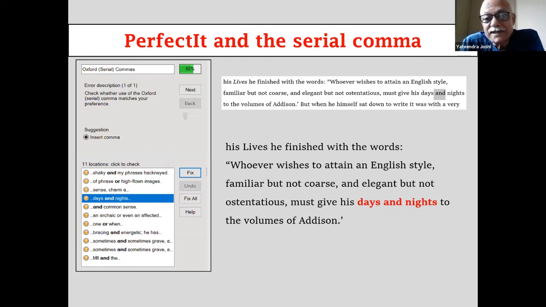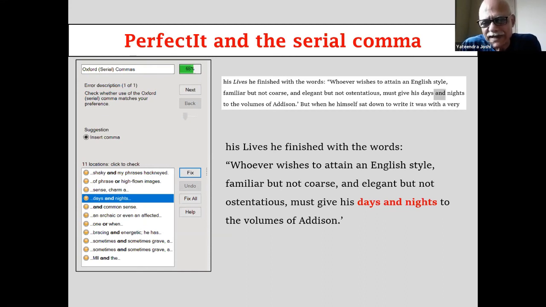Now, the serial comma, I said I will come back to it. This is something I find really very puzzling. Mostly I edit academic papers, and it would be a good device that in case I have left out the serial comma where I should have used it, Perfectit will catch it for me. But when I started using it, what I realized is that it is simply calling your attention. Now, this is my correct interpretation. All that it is doing is flagging all the instances of "and" or "or."